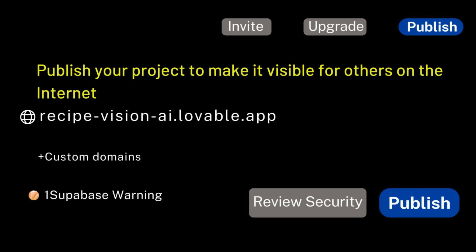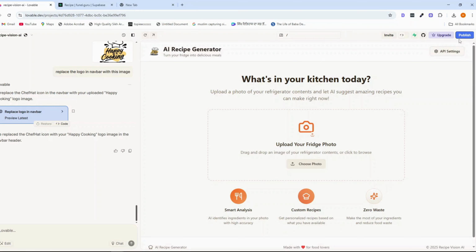In this video, we will see how to publish the project so that we will make it live in Lovable. Click here on the Publish button and again click here on the Publish button. It will publish the project